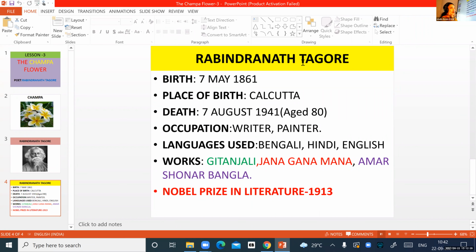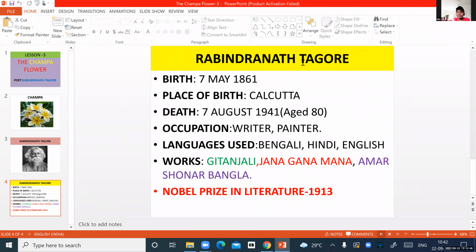Some of his well-known, very famous works are Gitanjali, Jana Gana Mana. What is Jana Gana Mana? Our national anthem. And Amar Shonar Bangla.